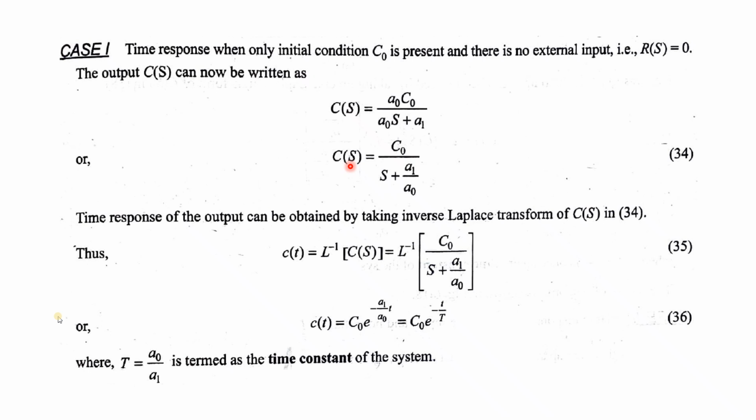Okay, so the output which is there is in S domain. Now we have already found the response: in our case, the initial condition is the only input over here. Then what will be the output? So we have tested and seen the output is like this, but this will not give us the solution in time domain. We have to convert into time domain once again, because we analyzed the performance in S domain.